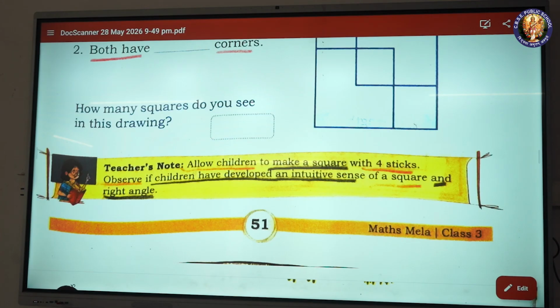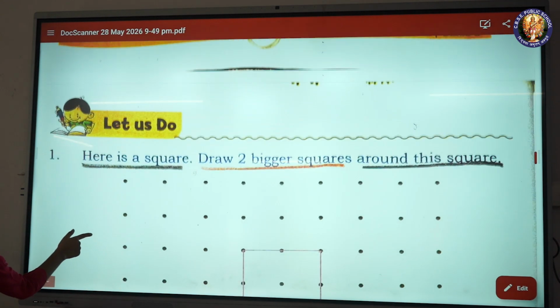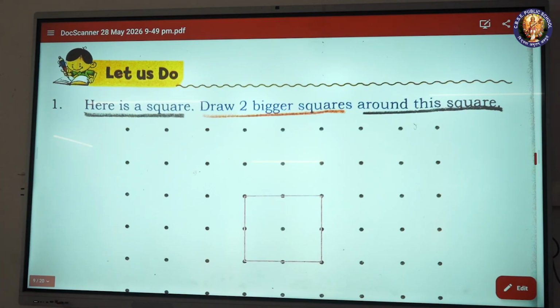Teacher's note. Allow children to make a square with 4 sticks. Observe if children have developed an intuitive sense of a square and right angle. Let us do